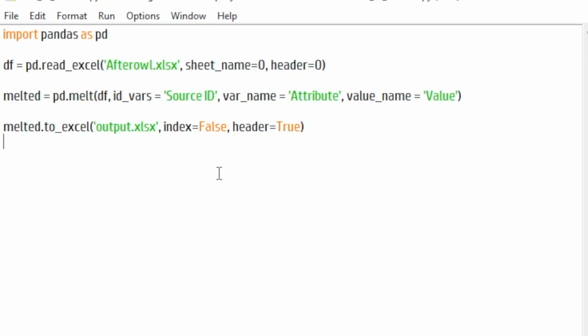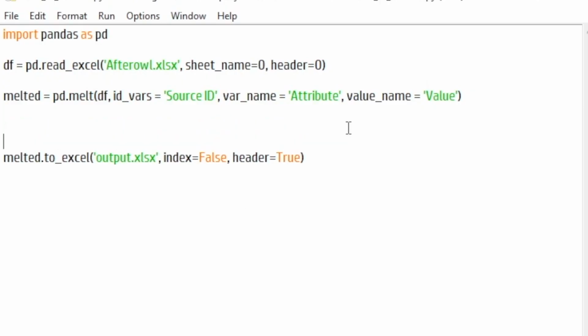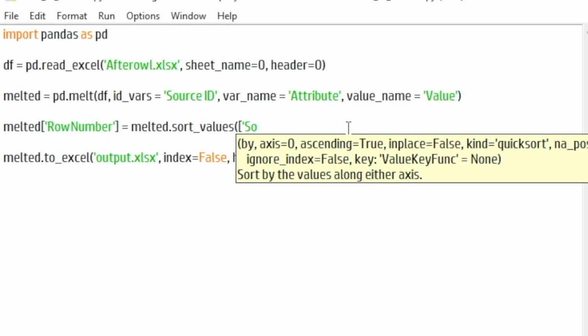Okay, so we'll close this out, our Python file, and before we write to the Excel file, let us create a row number, and this here is the equivalent of partition by in Microsoft SQL Server. So melted, we're going to call this row number, and then melted that we're going to sort the values, and we're going to sort it by source ID, attribute,